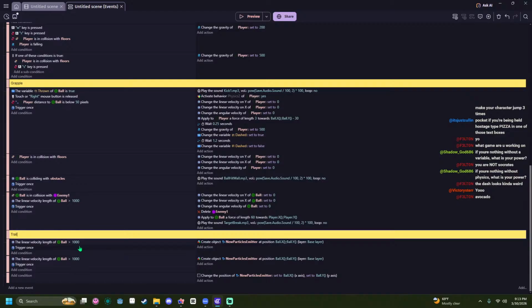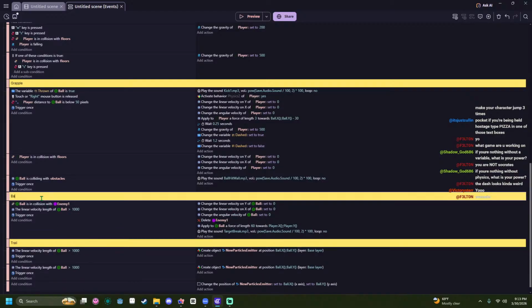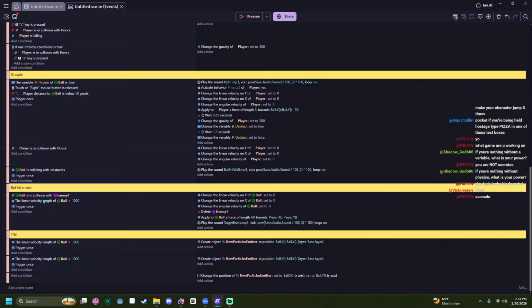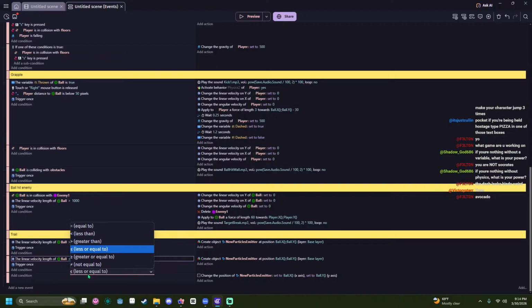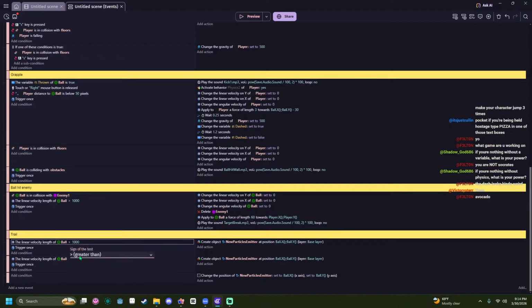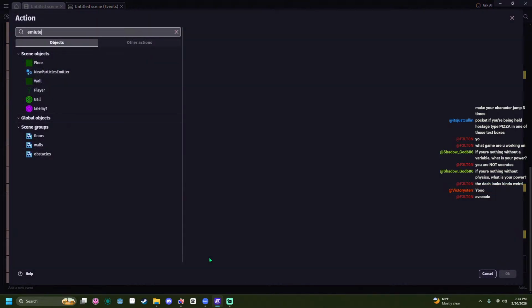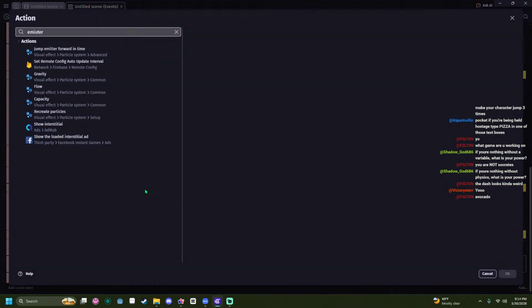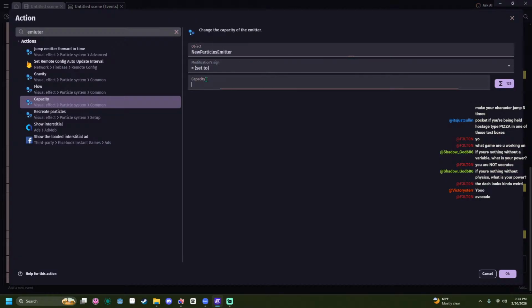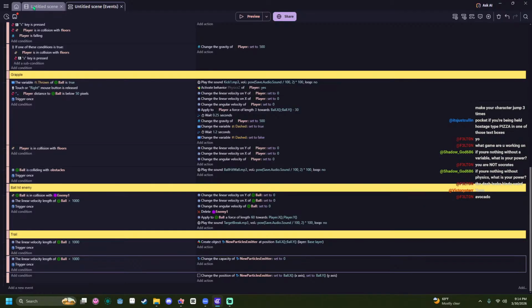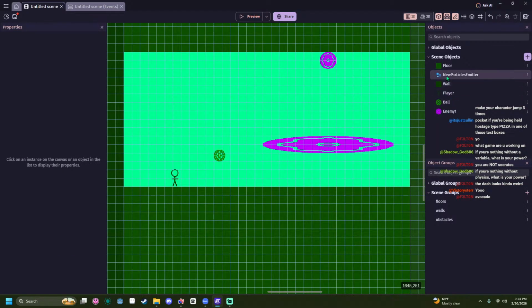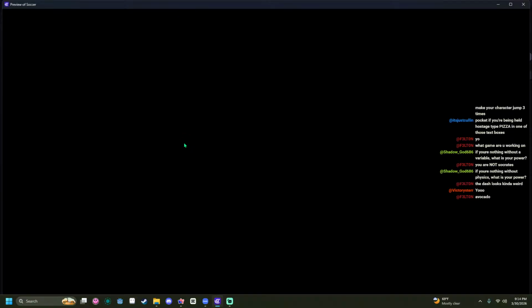There we go. If it's less than 1,000, or do less than or greater than or equal to, just for my sake. So if you hit 1,000, you get it. This is going to be emitter capacity set to 0. And that should honestly be it. Like if we put this in here, it shouldn't even work. Yeah.